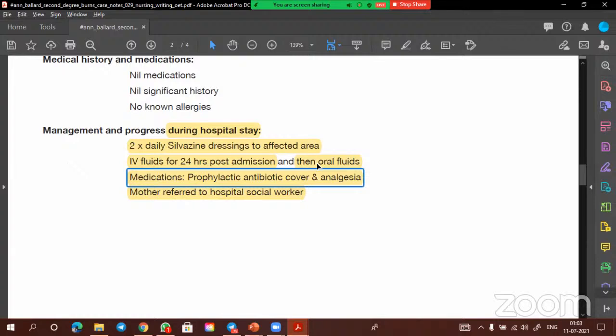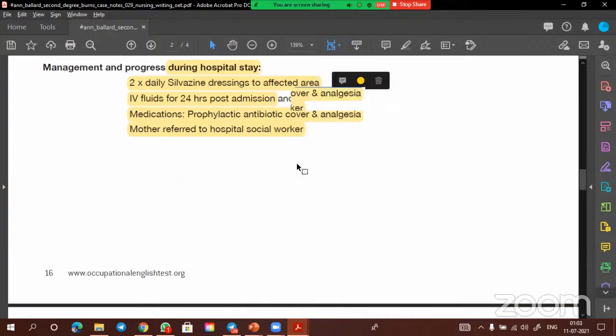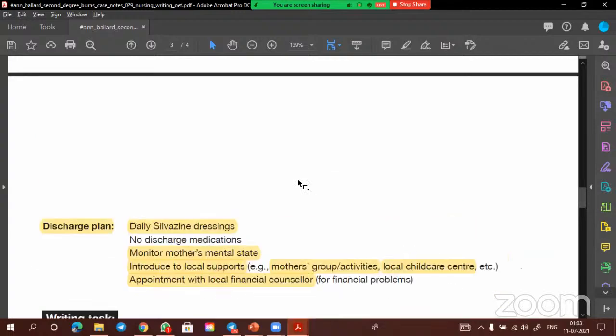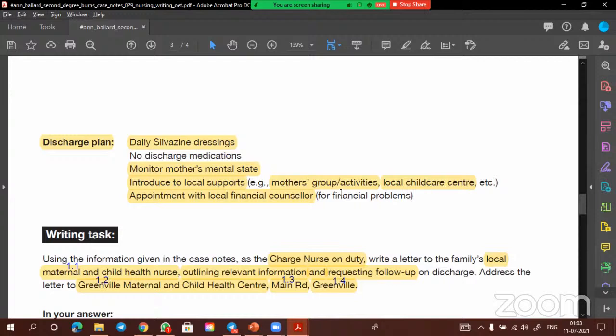What we gave here is not important because you are not going to give the same thing later because already IV fluids were given in the first stage. The next stage, oral fluids given. Now he is recovering. Everything is normal. So these may not be important there. You can see here, they are not important. That's why here nothing is given regarding that one, intravenous and IV fluids. Okay, they are not here. Oral fluids are there, but here nothing mentioned about oral fluids. So that means it's not important for the nurse who is going to take her charge.